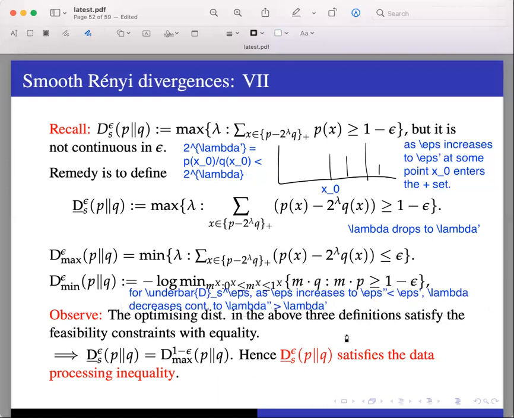Okay. So for the underbar d epsilon s definition, as I increase epsilon to some epsilon double prime, which is